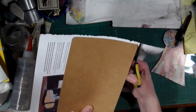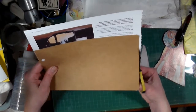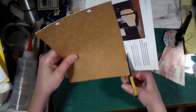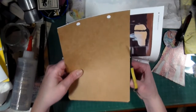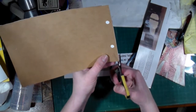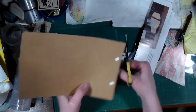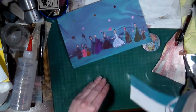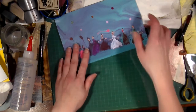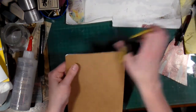I usually cut around just like so, and this way I'm using up my magazine pages. Super easy to do. A lot of people use glue books to make this, so compositional book and that sort of thing. I just happen to have that book, and I thought it would be a good one to use for this type of thing. So I've been using it for that, and I don't even remember the last time I made it, 2018. It's been quite a long time,